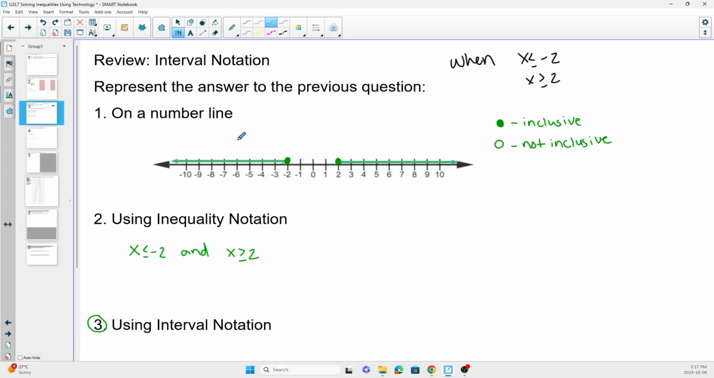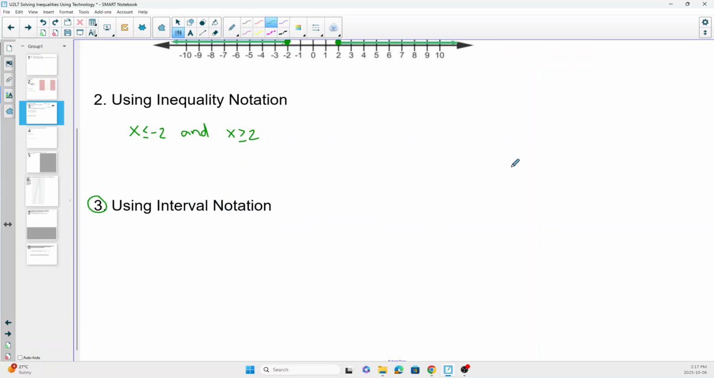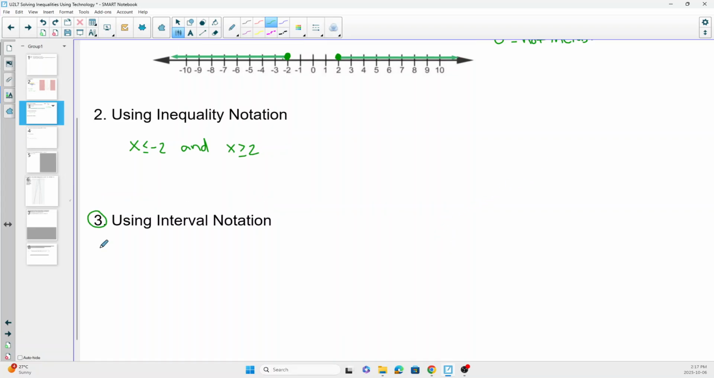So this is the exact same answer represented on a number line, represented using inequality notation, and then I'm going to introduce what might be new to you, which is called interval notation. So similarly, we need to lay down some ground rules to use interval notation. When we're using interval notation, round brackets mean not inclusive of that point. Okay, so it's kind of like when we do our number line, open circles mean not inclusive, closed circles mean inclusive. When we're using interval notation, round brackets mean not inclusive, square brackets mean inclusive,